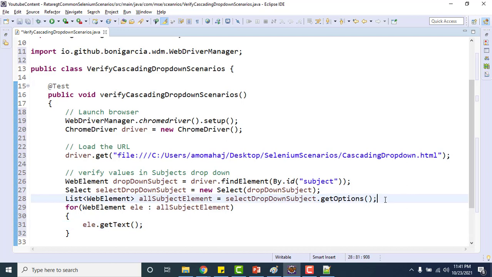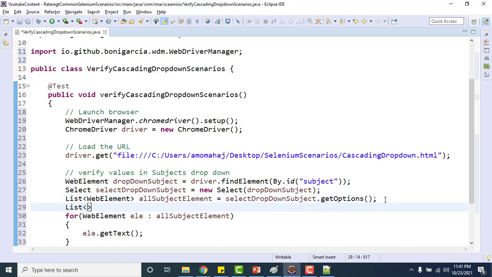Let me create a list here, a list of actual subjects. Once I do getOptions, I'll get all the options in the form of a list of WebElement. So you need to iterate it, fetch the text out of it, and then add it into another list. That is how you will get the values.